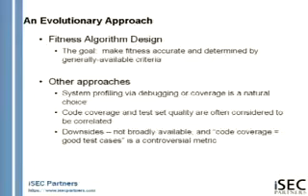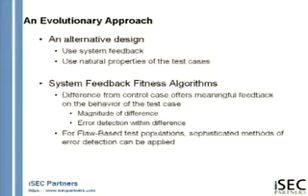Okay. But yeah, so that's the downside. The major downside is that if we were to optimize purely for that point, we would not necessarily have an optimum test set, and that's where a diversity of criteria come in, and then also that it's not generally available. So another design, or you could say an additional criterion, would be to use system feedback and the natural properties